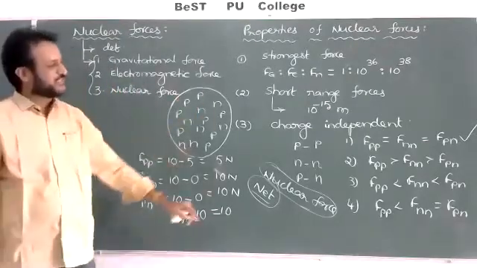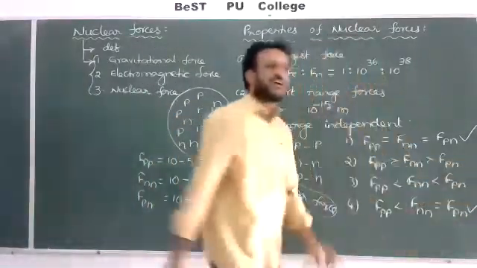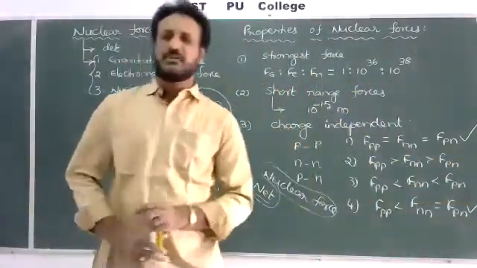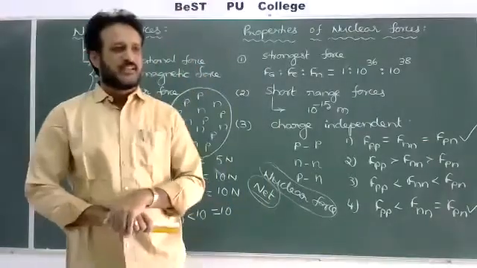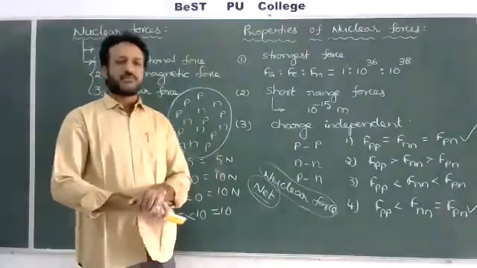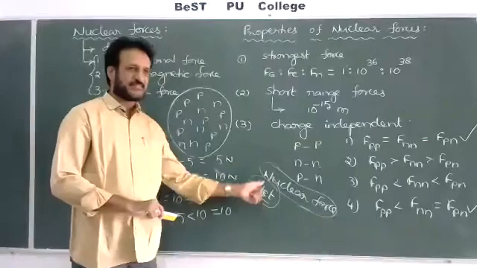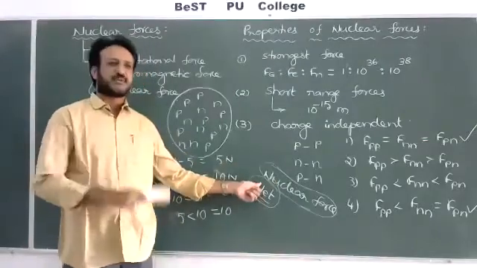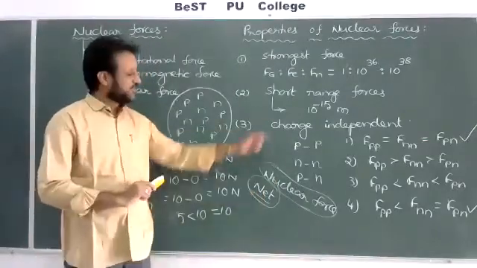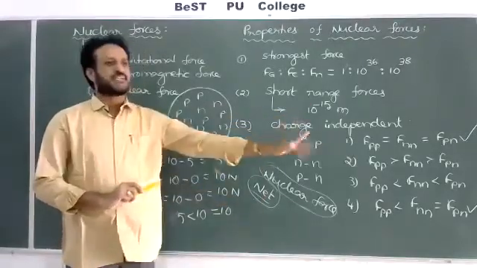Now check which option is correct. The fourth one is correct only. So depending upon the question, we have to choose the answer. Both questions are around 4 to 5 lines, and both have the same options. But while reading the question, if you forget to remember the words, the total meaning will change, and you will also pick the wrong option. That's why, if nuclear force is given, the first option is correct. If net force is given, the last option is correct. That's only.